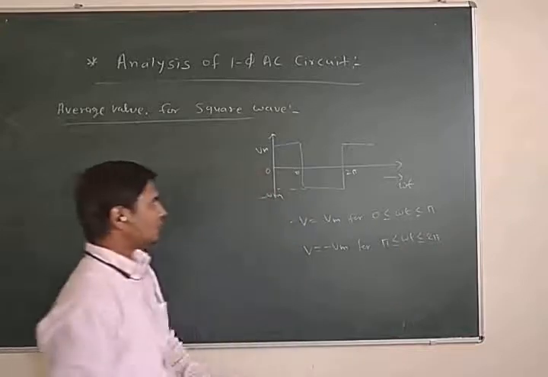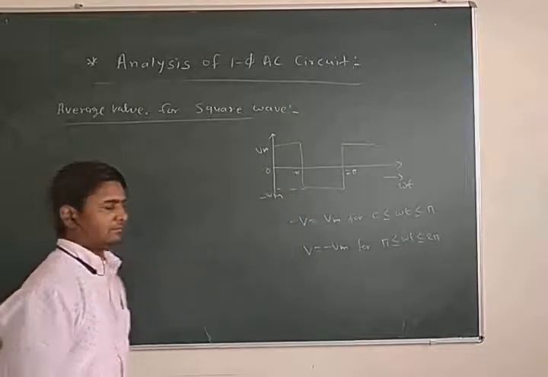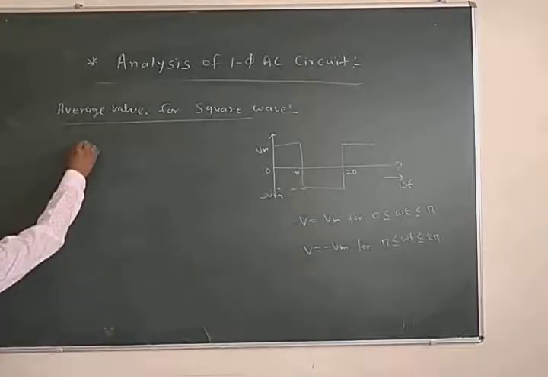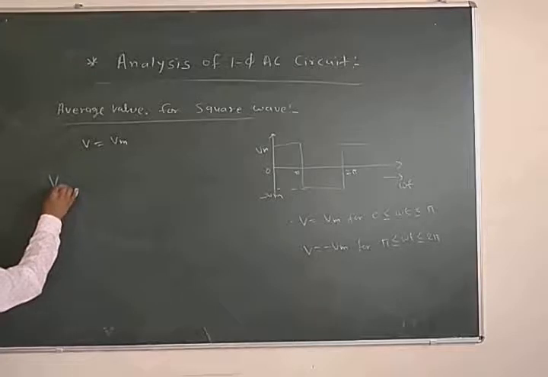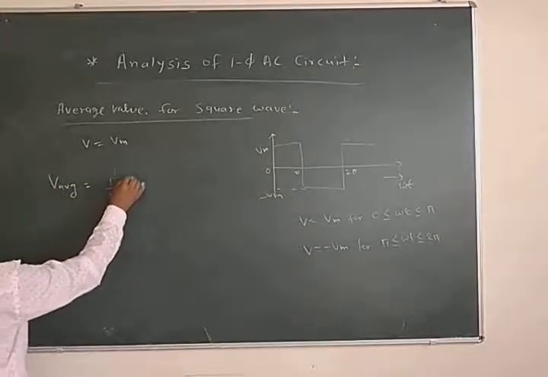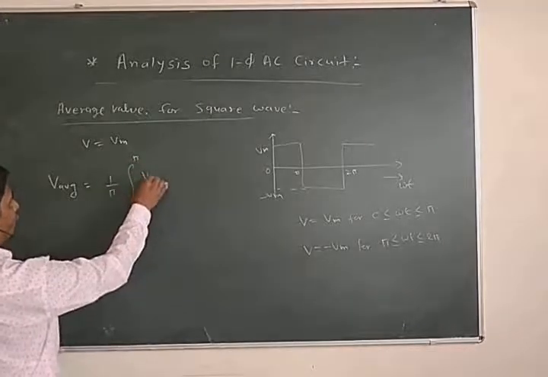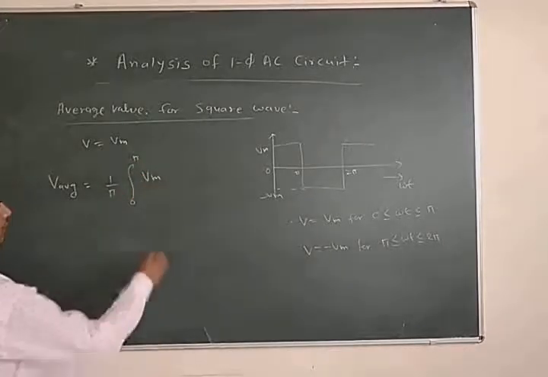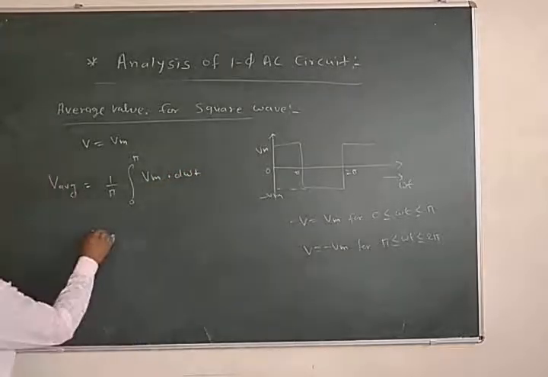This is also an alternating waveform, so we take only one half section. So we consider V is equal to Vm. So V average is equal to 1 upon pi, 0 to pi, Vm dot d omega t. So Vm is constant